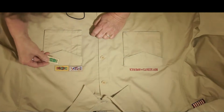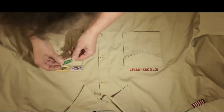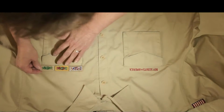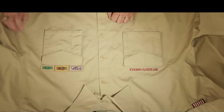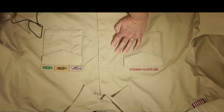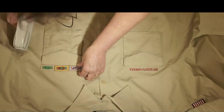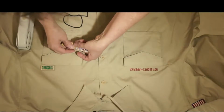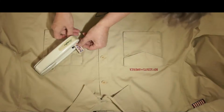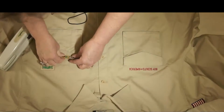So you see, this one is kind of hard to tell, but you have to see that the rope is over the other rope. So this is how I would place it. Now, one of the tricks that I use is to staple. It doesn't really make a hole in it. It's no more than a hole from a sewing machine. But before I staple it to the shirt, I give it one staple together to hold that piece together, and then